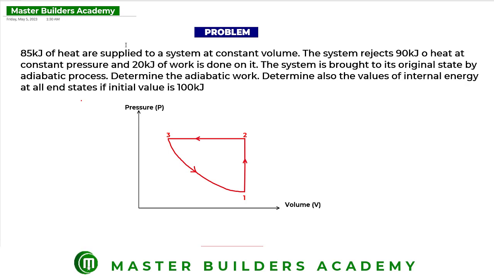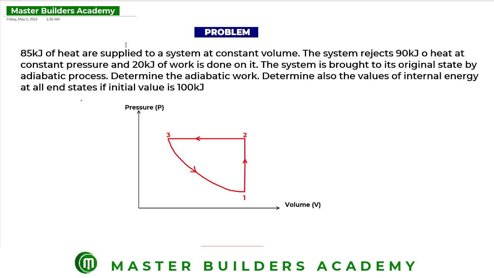On the screen, as you can see, we have 85 kilojoules of heat supplied to a system. That means accepted by the system at a constant volume. Don't always forget constant volume. At constant volume, what happens? Work done is equal to 0. Remember the problem we just solved before this one. Now let's continue. Then the system rejects